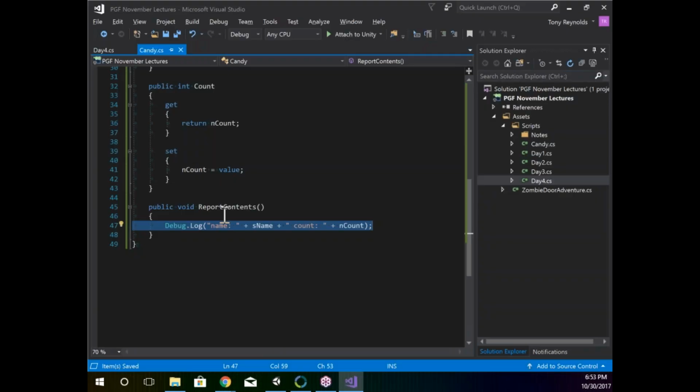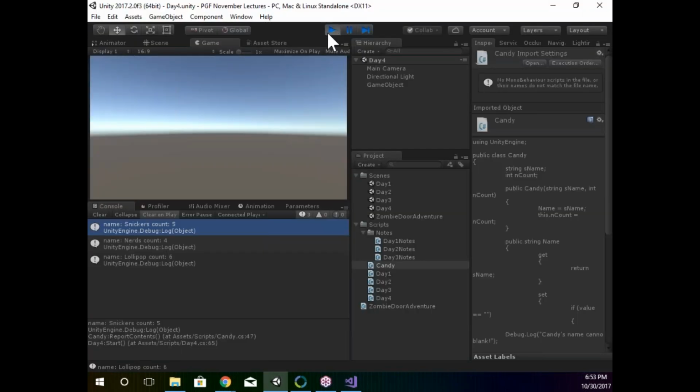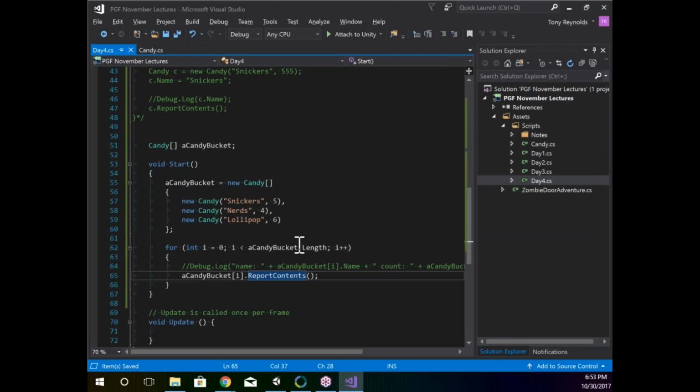And just double clicking on that takes me back to where that information originated from. This actually came from Candy. It was invoked by ReportContents being called inside this array, but where it actually came from was over inside Candy. So now I'm going to stop playing. And let's see here. I believe that,